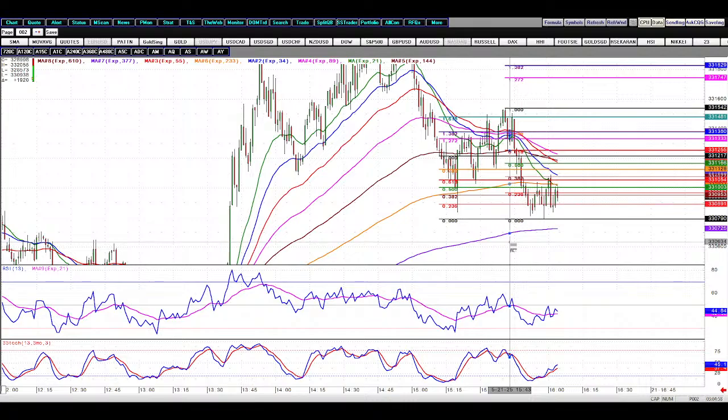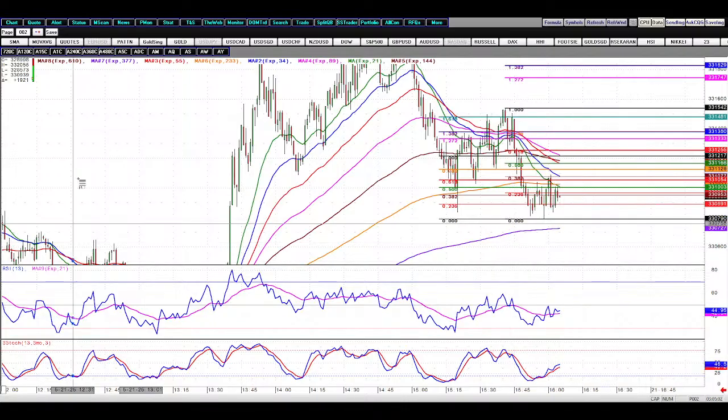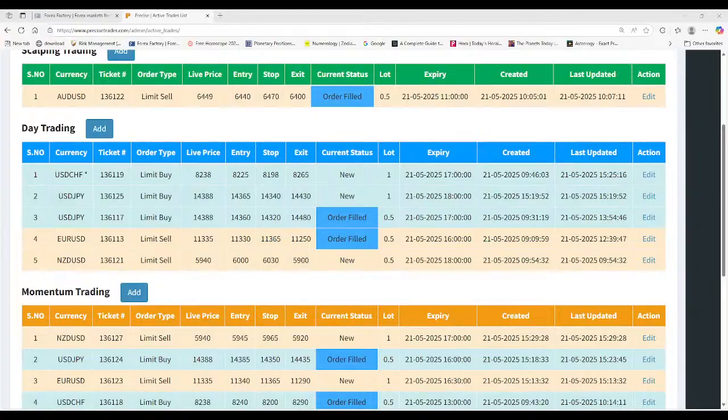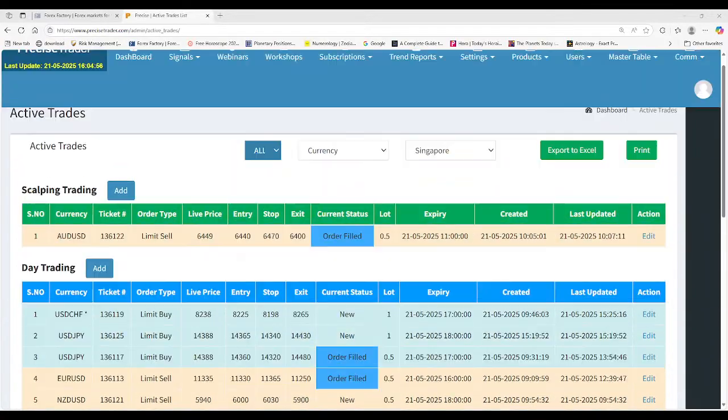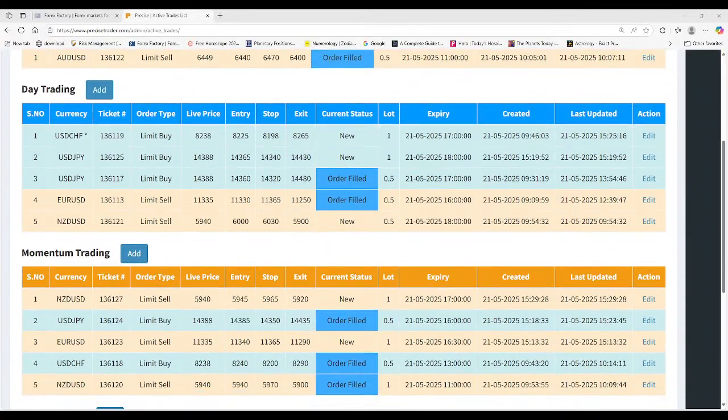Okay, is there anyone holding any trades? So in fact we are holding a couple of trades. These are the trades which we are holding. For those people who are coming in late, we have shorted gold at 3314 half. So now we are waiting for the break to happen.